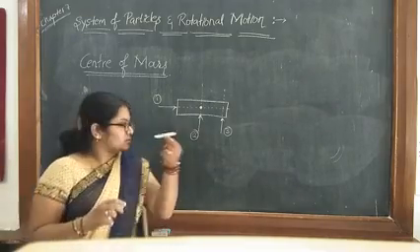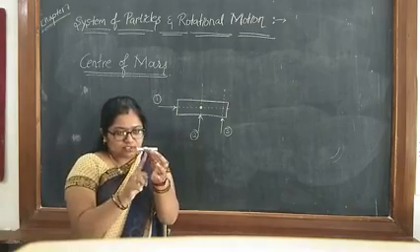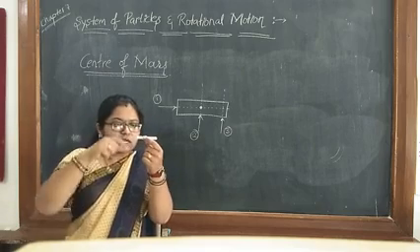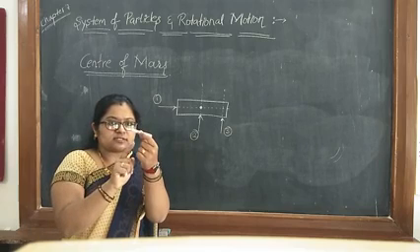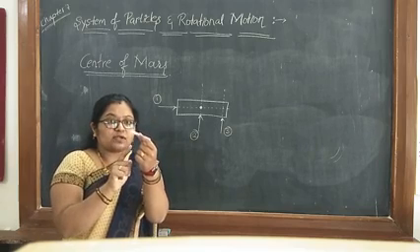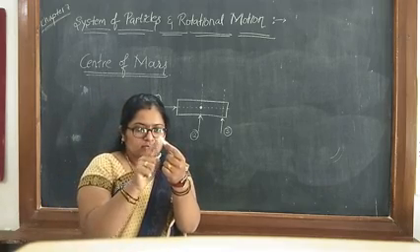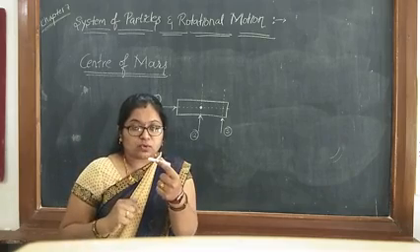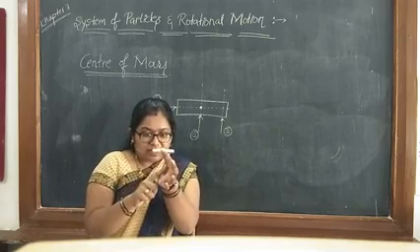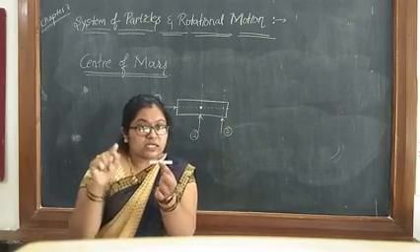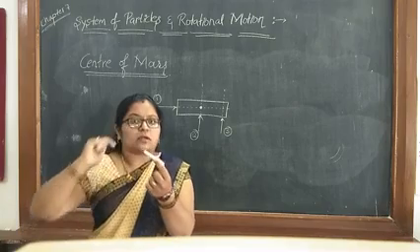Now this is the body. The first force I applied, it goes like that, linear motion. The second force applied, it goes like that, linear motion. Now I am applying the force here. See here, if I slightly do like this, it moves, but its motion is somewhat different. It's not linear motion. If I apply the force like this, it will go like this. It shows rotational motion. Understood? The forces I applied here and here cause linear motion, but the force I applied here causes rotational motion.